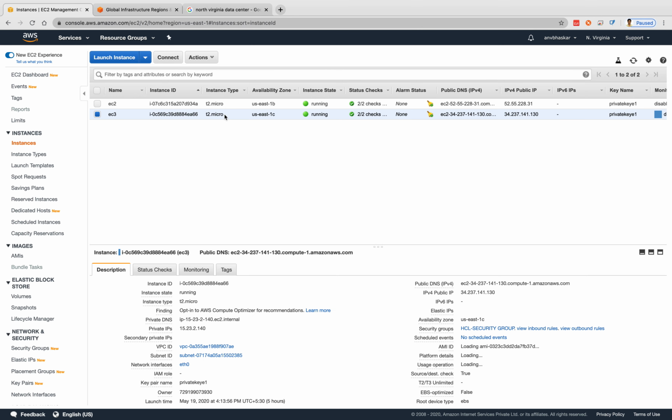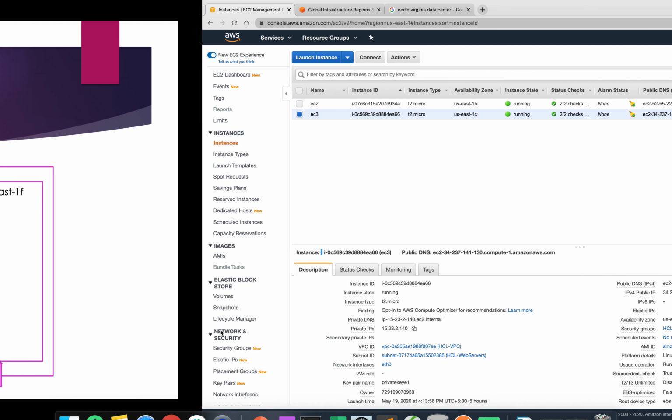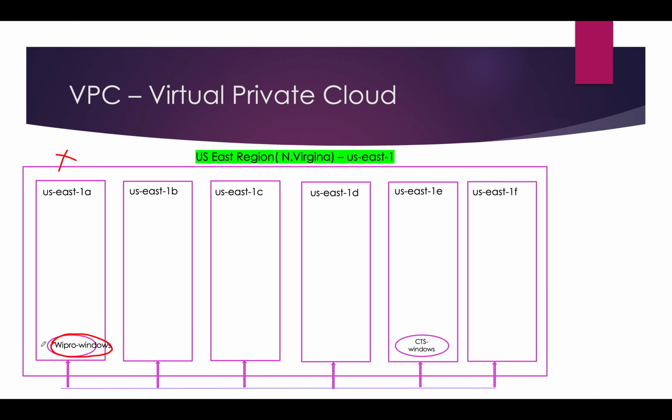When I click any EC2 instance, I have one public IP. This is a public IP, and I also have a private one. Like that, if you allocate any machine in a data center, AWS will give you one IP address. Or if you want your own IP, if you want to customize your IP, then you can allocate some IP address.